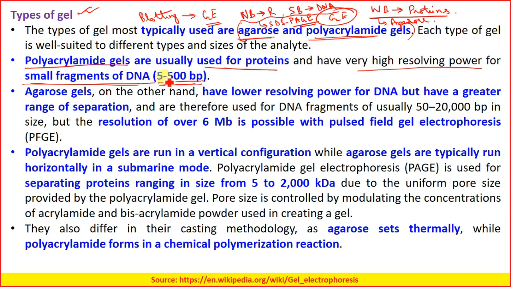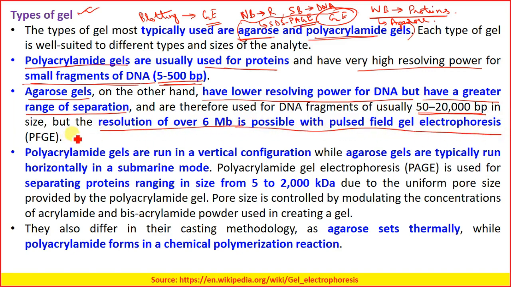Agarose gels have lower resolving power for DNA but have a greater range of separation, and are therefore used for DNA fragments usually having 50 to 20,000 base pair in size. But the resolution of over 6 MB is possible with pulse field gel electrophoresis,